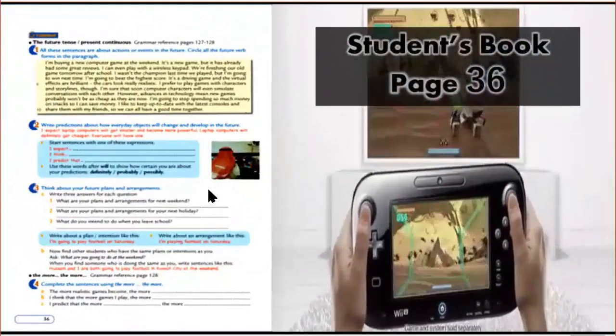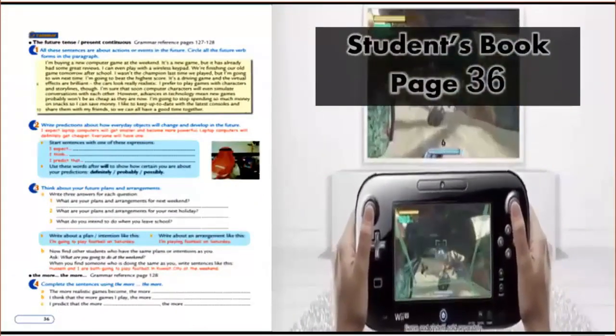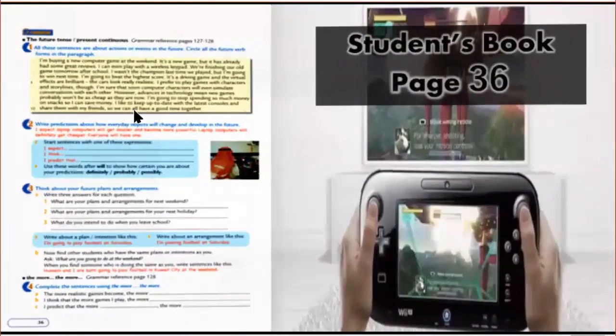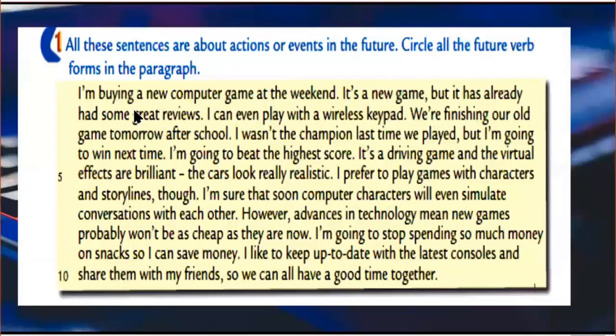Now, in your student's book, page 36, open it and let's start answering these questions. The first exercise says all these sentences are about actions or events in the future. Then what is your task?